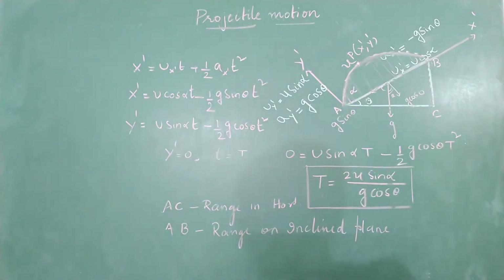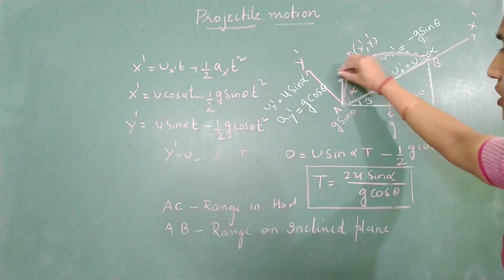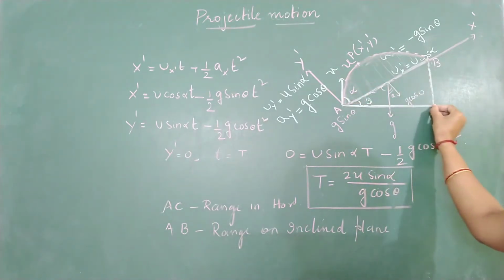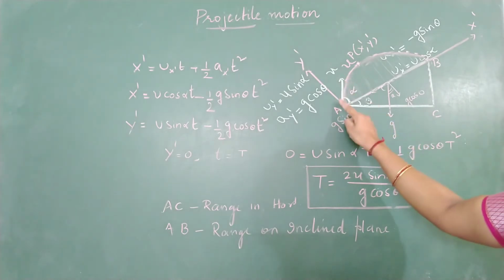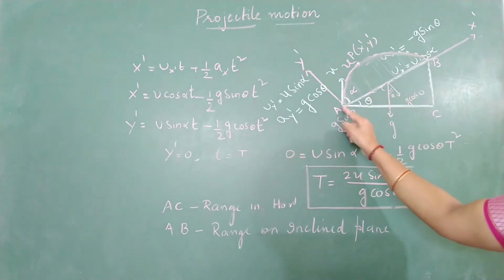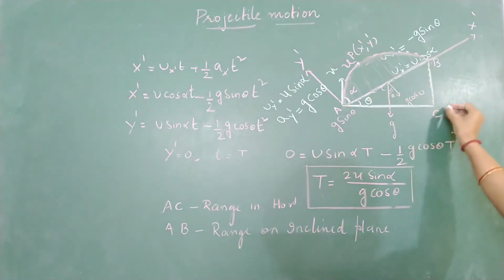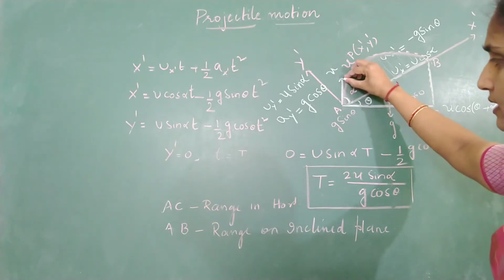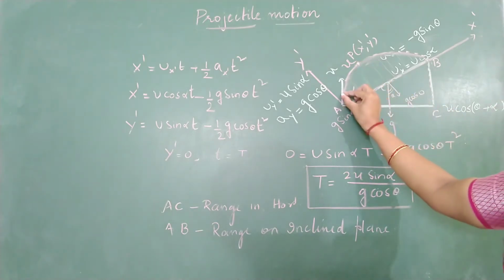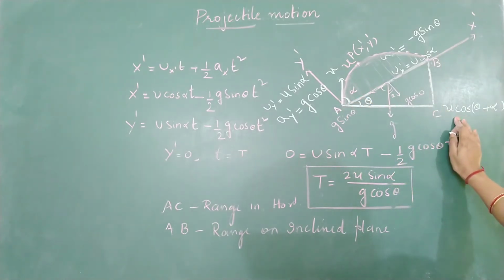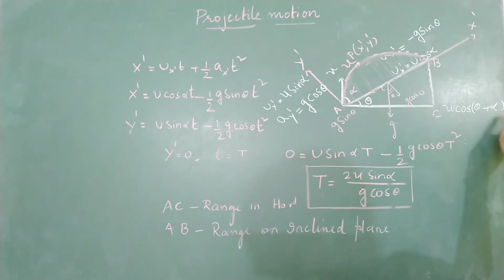If your velocity of projection is u, we have projected the body with a speed u, making this angle as theta. Now what is the angle it makes with AC? If this is u, the total angle made with AC is alpha plus theta. So what is the component of velocity along AC, along x-axis? Can I write it as u cos(theta plus alpha)? I repeat, this is your projectile with horizontal. It is making an angle theta plus alpha. So the component of velocity along AC is u cos(theta plus alpha).